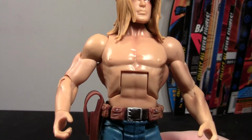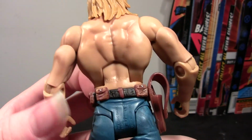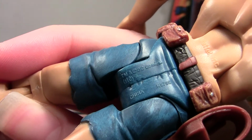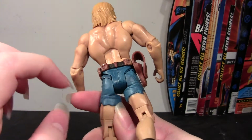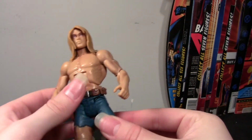Nice flesh tone. Got the back muscles. You got Mattel ink stamped on his lower back here, and you have the rest of it stamped on his butt. See, this isn't that bad. It's better than when they print it like white or black right on a spot like that. It looks really bad, but